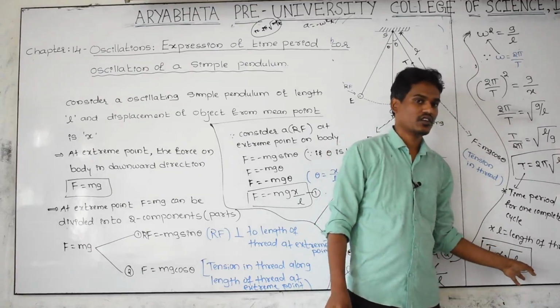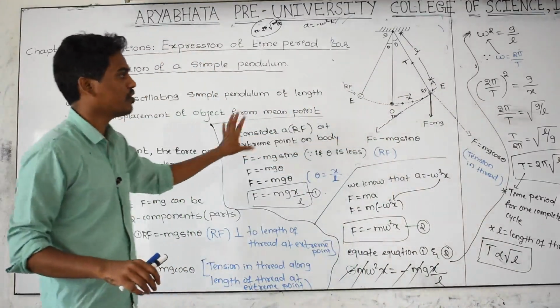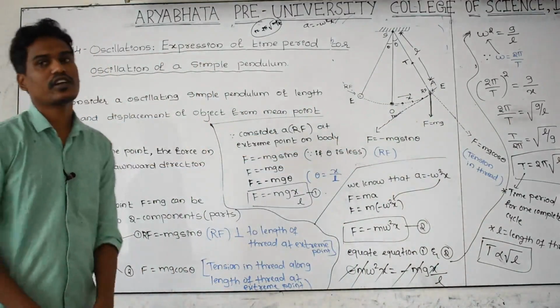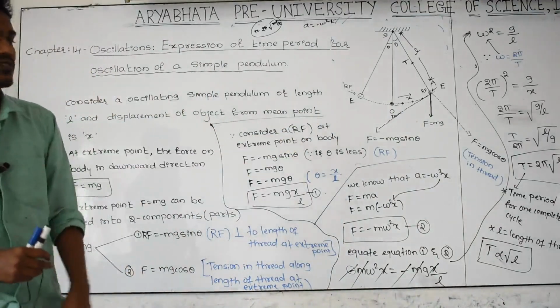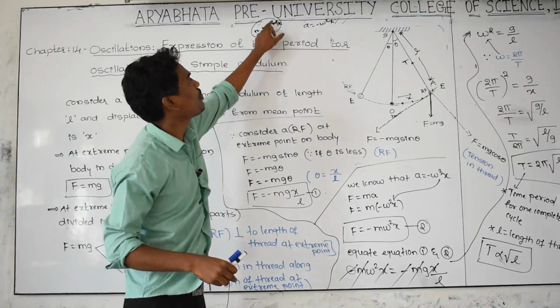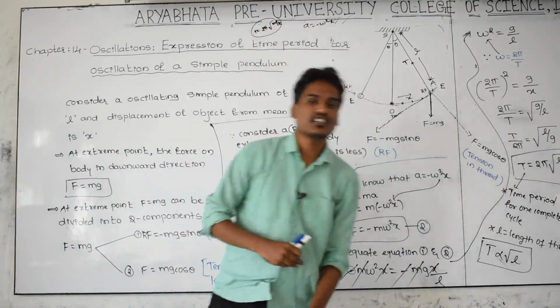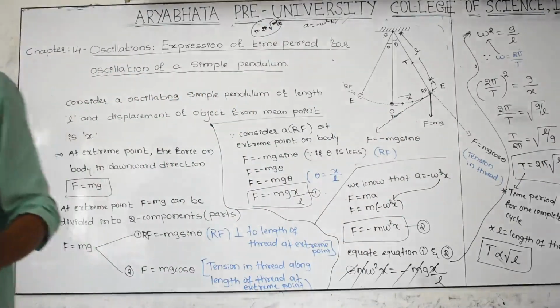Remember this equation is very important. And this is a 5 marks derivation for your theory examination also. Please remember this is a derivation and a theoretical equation, and T equal to 2 pi root of m by k is for spring, and T equal to 2 pi root of L by g is for a simple pendulum.